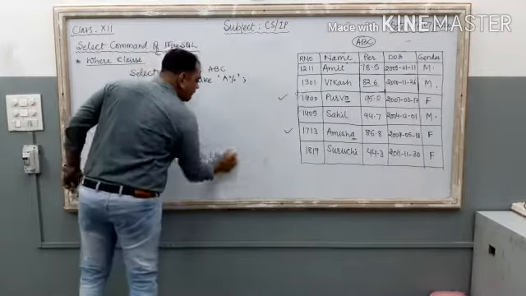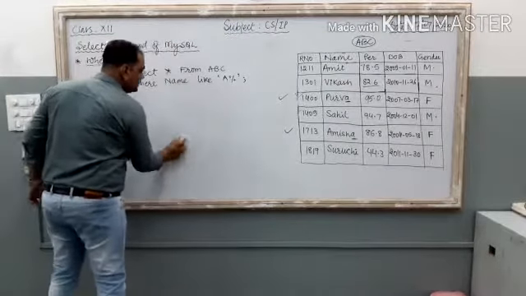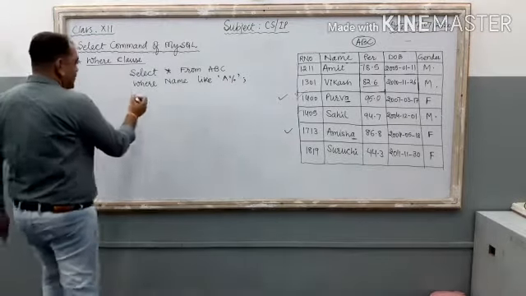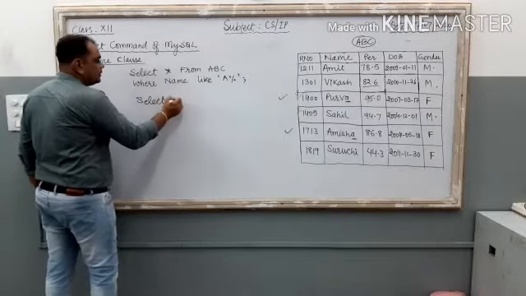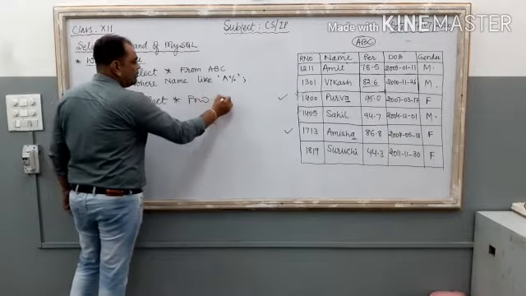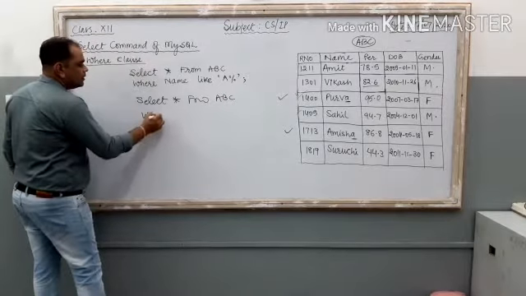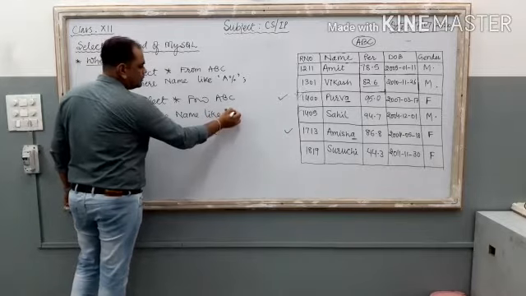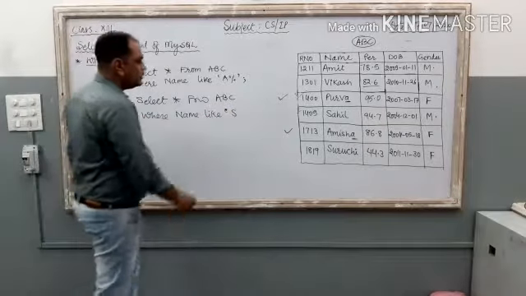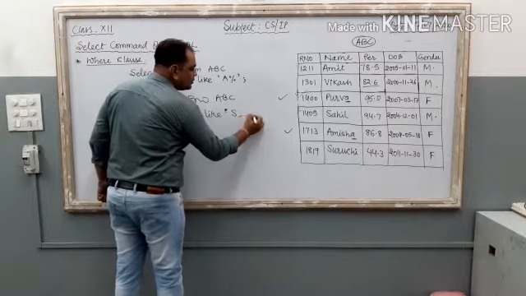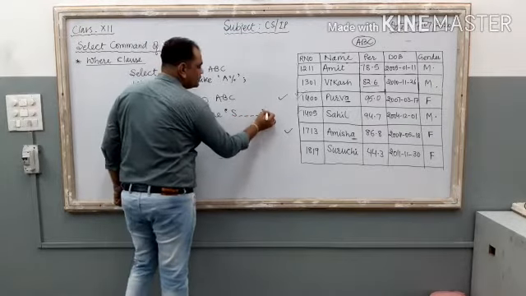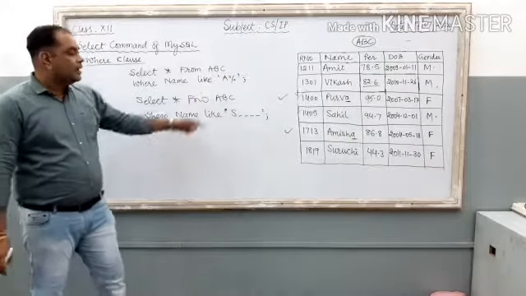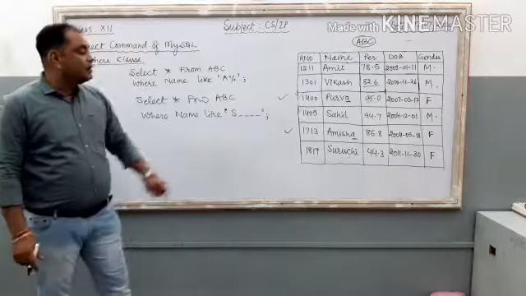What will be there if we use underscore with this like command? Now the concept is, just check it out. Select star from ABC where name like S, starting alphabet, then 1 underscore, 2 underscore, 3 underscore and 4 underscore. Percent means multiple character, n number of alphabet, n number of character. Underscore means single character. कौन सा record filter हो?